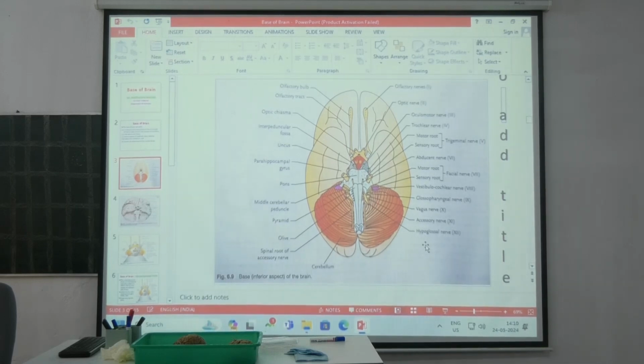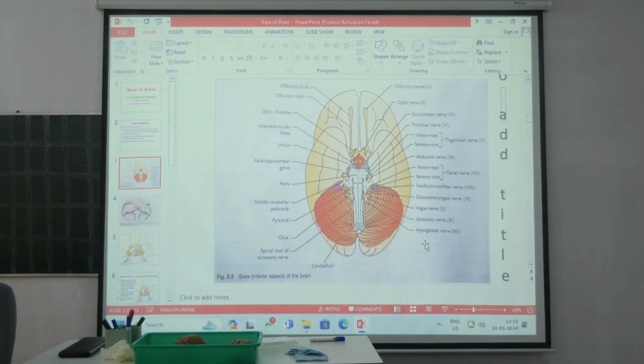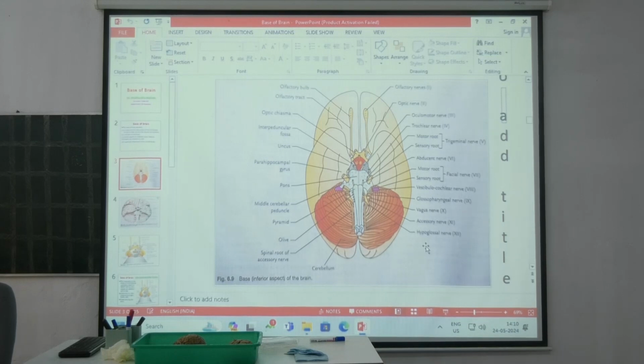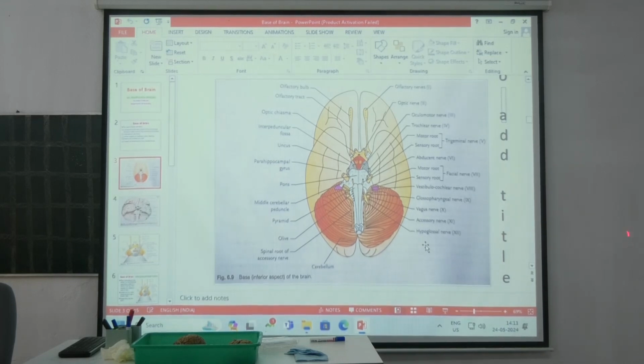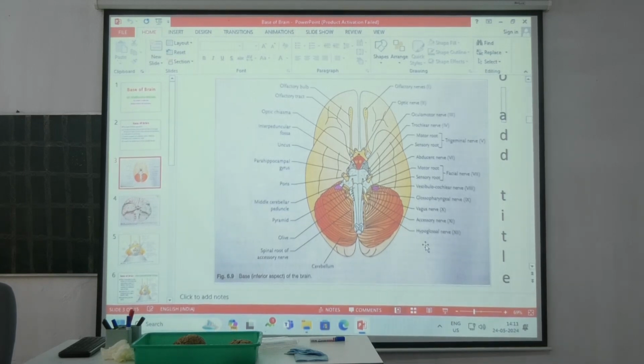Now the ninth, 10th and 11th come out lateral to the olive, at the groove between the olive and the inferior cerebellar peduncle. From above downward: 9th, 10th, and the cranial root of the 11th. The spinal root of the 11th joins with the cranial root after coming inside the cranial cavity through the foramen magnum. Okay, 9th, 10th, 11th below. Next is the 12th. The rootlets of the 12th come out at the junction between the pyramid and the olive. So, where all the 12 cranial nerves come out is clear.